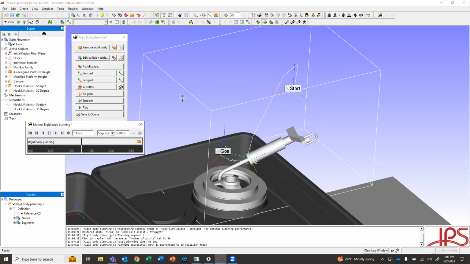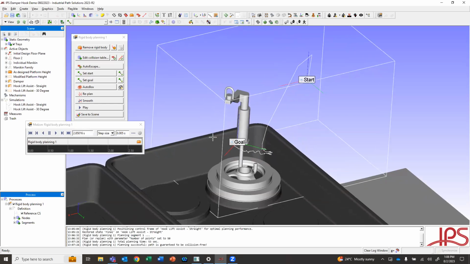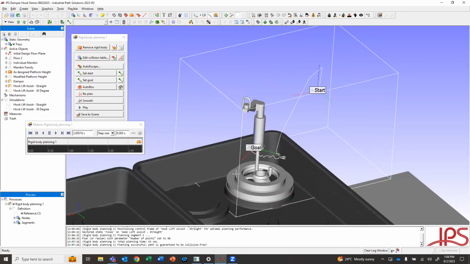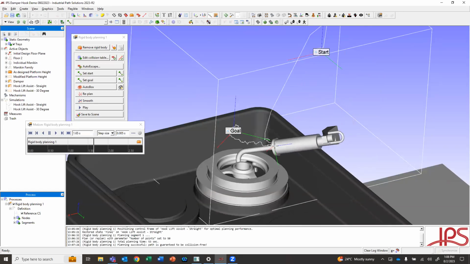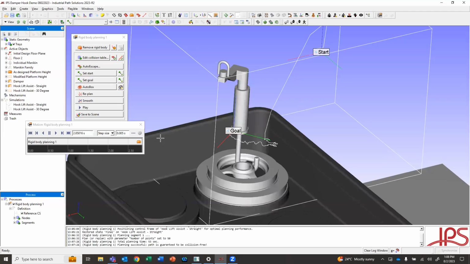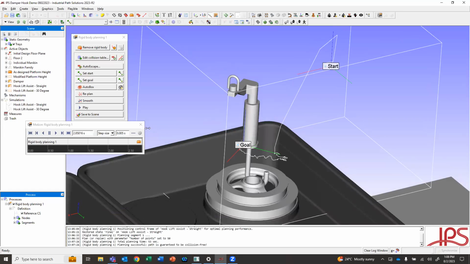And as you can see, the hook is now inserted and scoops up that damper appropriately without colliding with anything. One thing you may notice is at the end of the range here, the line or the path is quite jagged and maybe not as realistic or representative of what we'd see in reality. And IPS has a lot of tools that allow us to modify this path and make it more appropriate for what we would actually see in an assembly or a